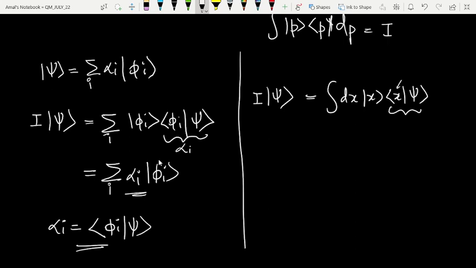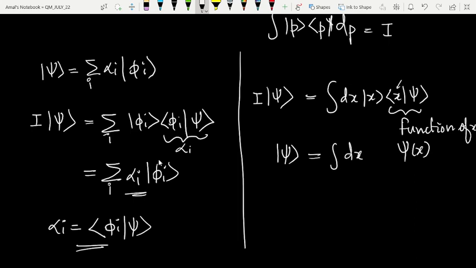So what is a quantity that we know, some quantity that changes continuously with a variable? So that's a function. So this is a function of x, and I am writing this as psi of x. Psi of x. So we can represent this vector as integral dx psi of x